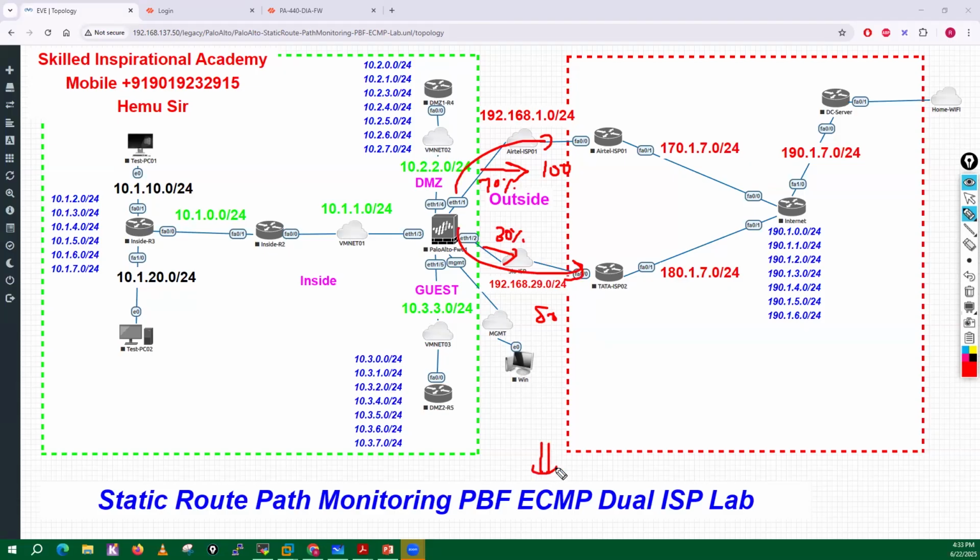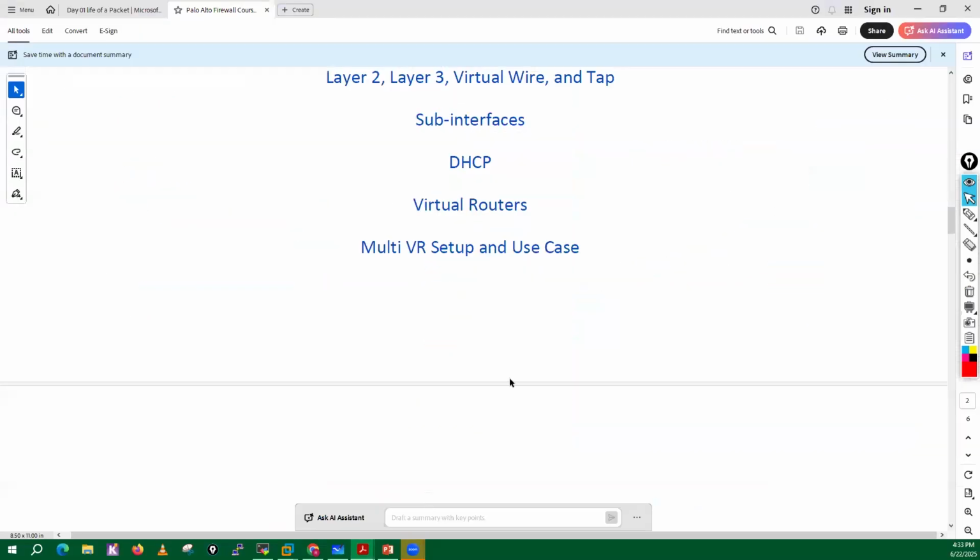Here we will see how we can do ECMP using different ECMP algorithms like round robin and weighted based algorithm. Then we have a couple of sticky based algorithms using hashing and modulo. All those algorithms we can utilize and perform those practicals.